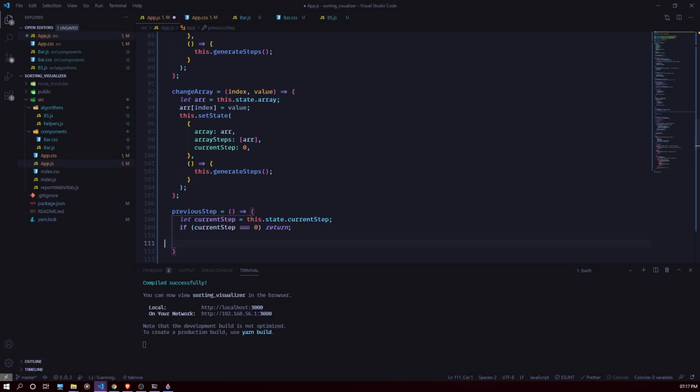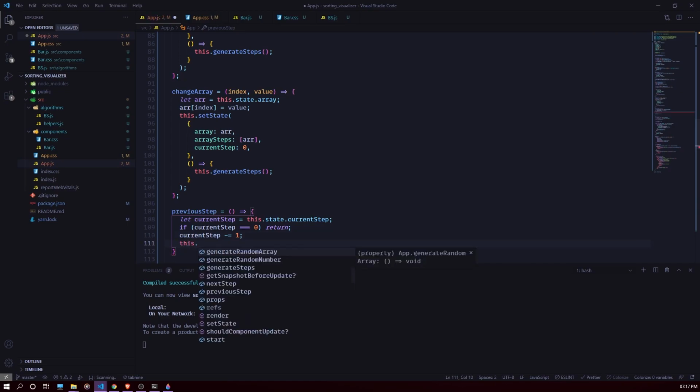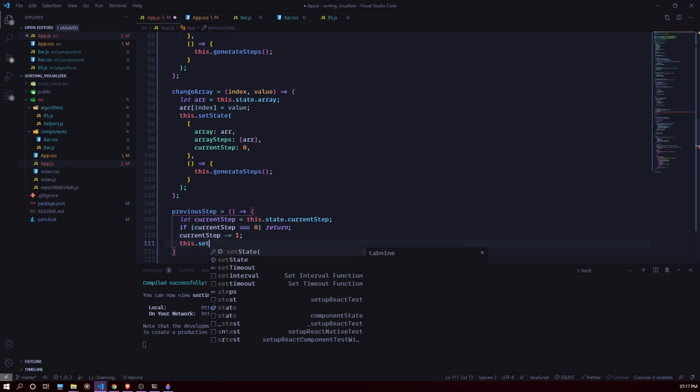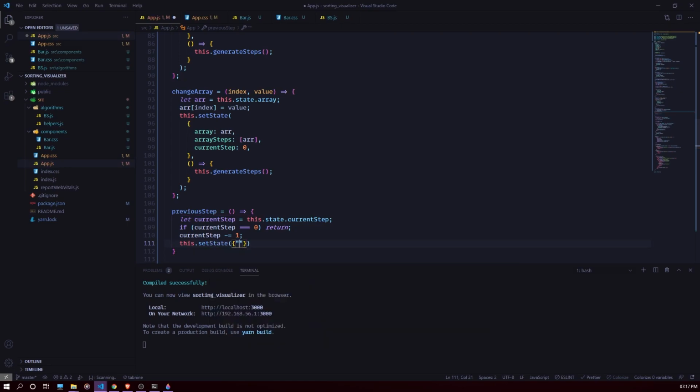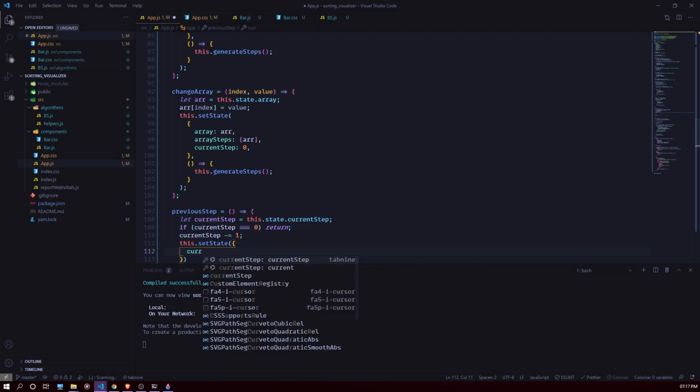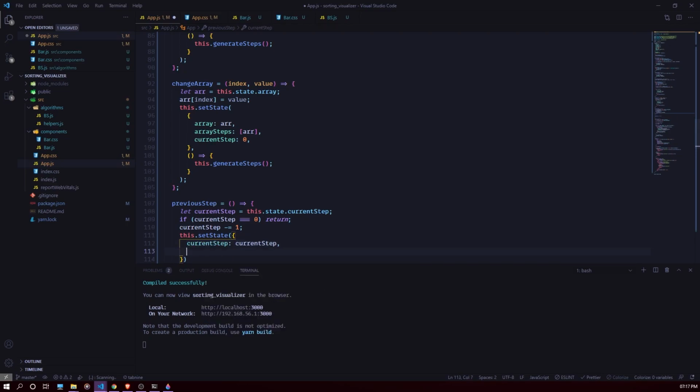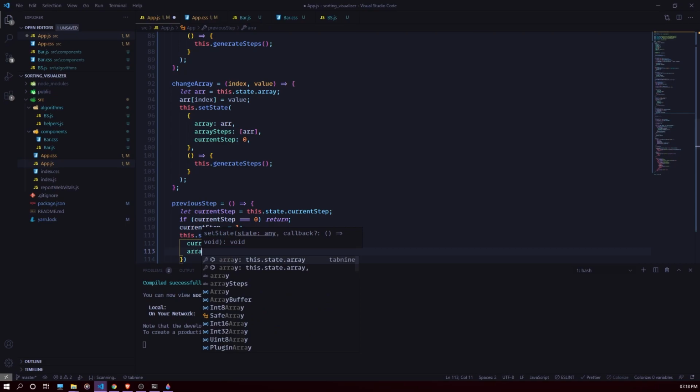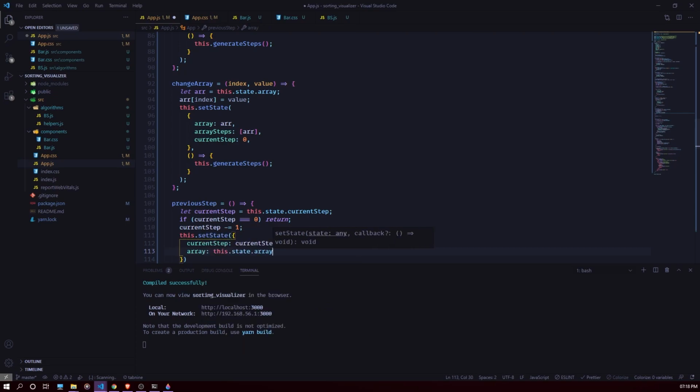And if that is not the case, then I'm going to reduce current step, minus equals 1. And then I'm going to set the state. This dot set state, current step as current step, and then array as this dot state dot array